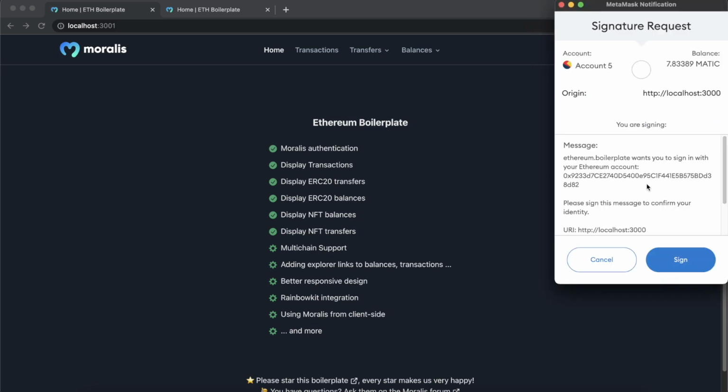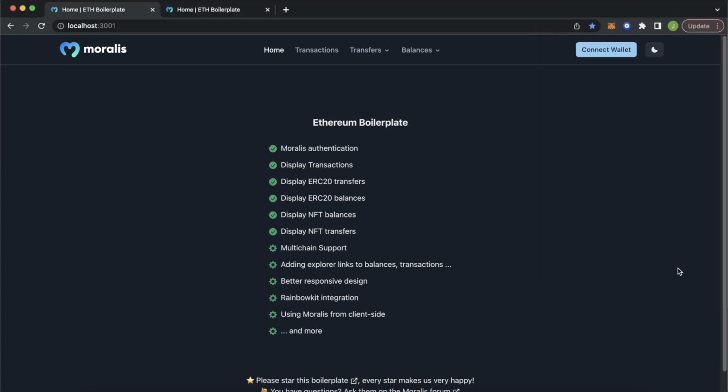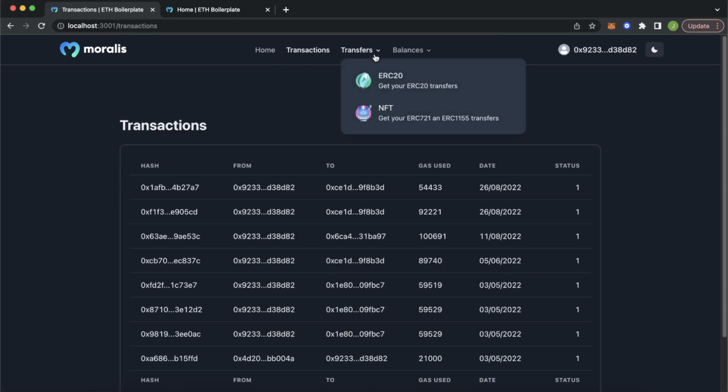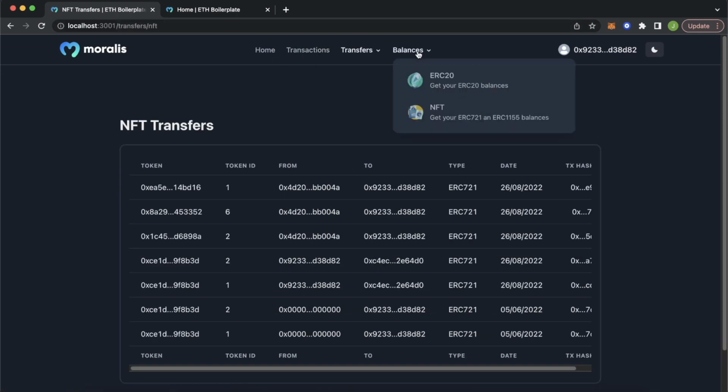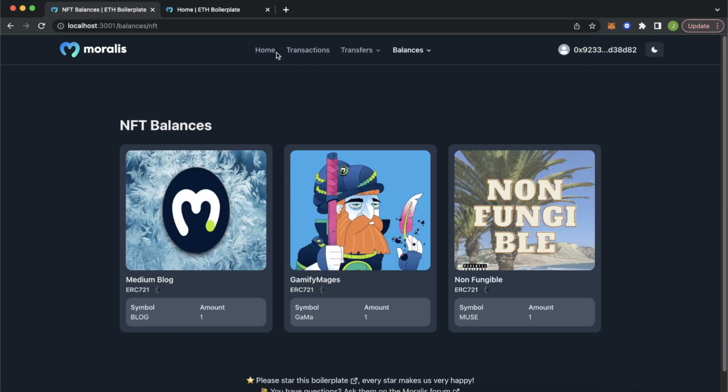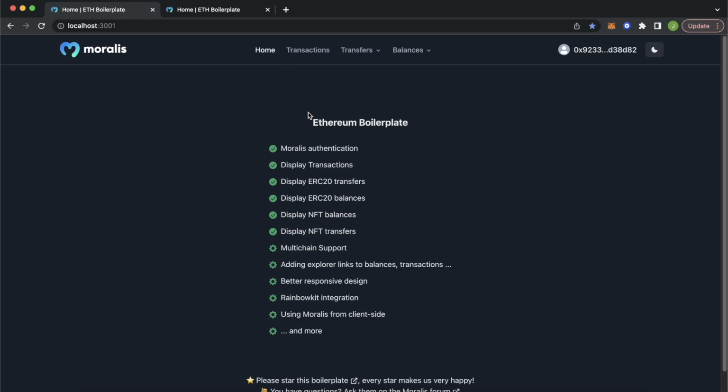Next, connect. We use the Moralis Auth API to sign our message, and now we're verifying the message, and now we're signed in with this account. We can get all our transactions, our transfers, the balances, and so on and so forth. So now you have a very cool Ethereum boilerplate set up where you can start the development of your web